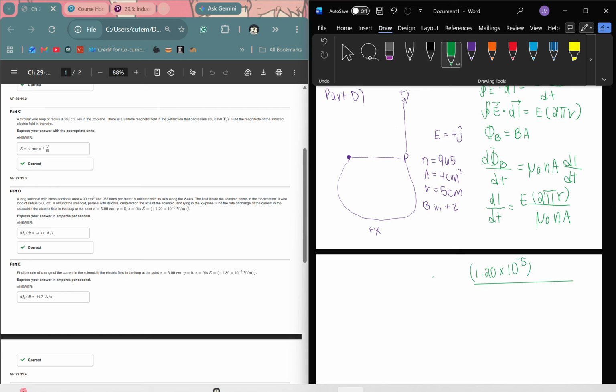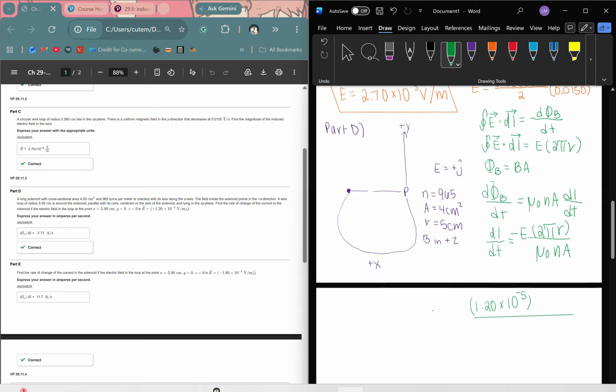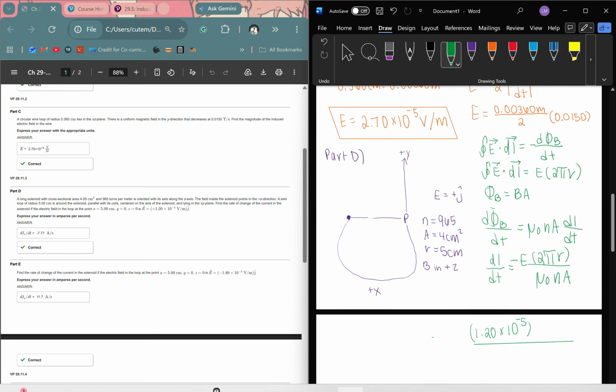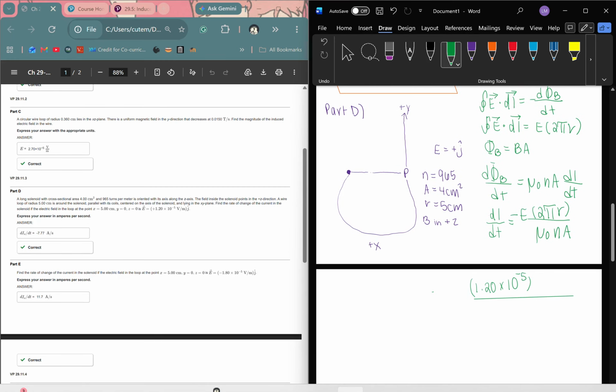Oh yeah, and also I forgot to add the negative sign up here. I was supposed to add the negative sign. Yes, supposed to add the negative. Okay, so the negative sign, times